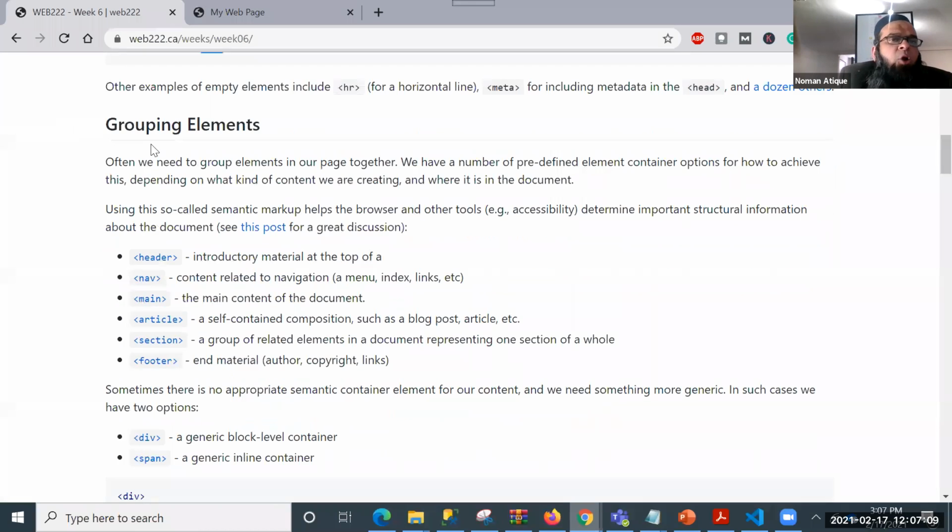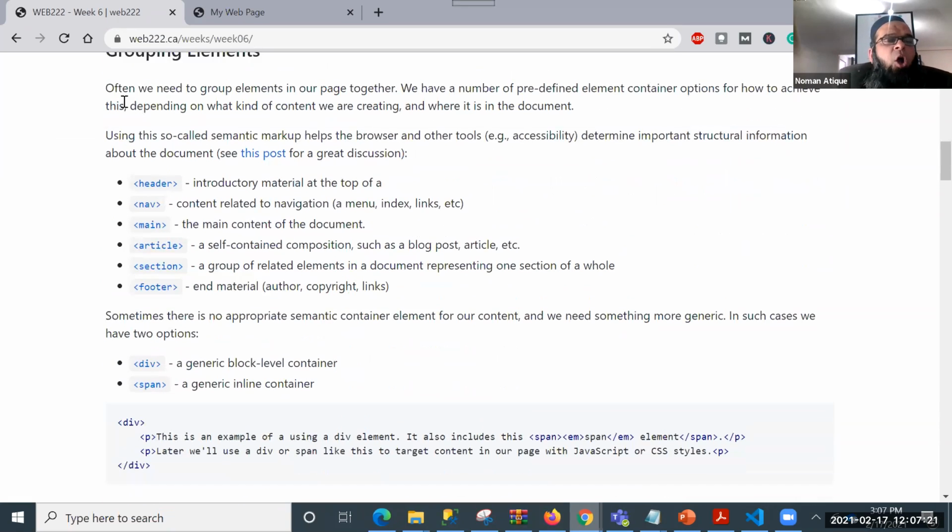Right? So now, grouping elements. Again, I will end at the same point where I ended last time, but this time we are on a very different note. On Monday, we will just start from here, and we have to discuss some very interesting aspect of it. Often we need to group elements, so grouping of elements.